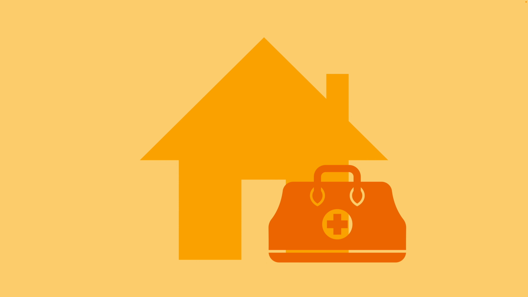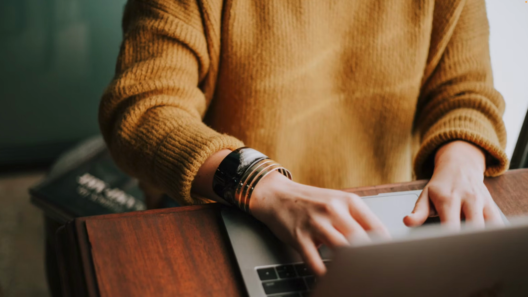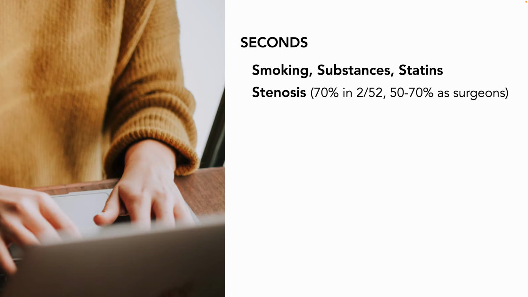When we're back at home, or in rehab, or wherever, or back in stroke TIA clinic, we need to think about secondary prevention for these patients. And actually, this ties in nicely with primary prevention as well, because it's just a more aggressive form of primary prevention. So think seconds. We need to deal with a lot of S's. Smoking, substance use, like amphetamines, all that kind of thing.